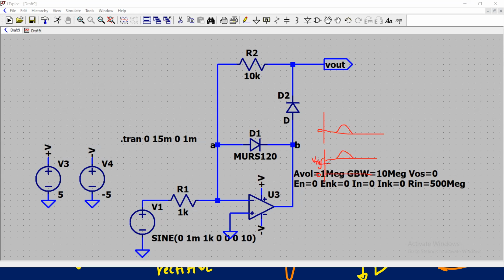Okay, so it is just level shifted. So you understood this complete operation of this half-wave rectifier using the op-amp. We'll see the full wave rectification in the subsequent